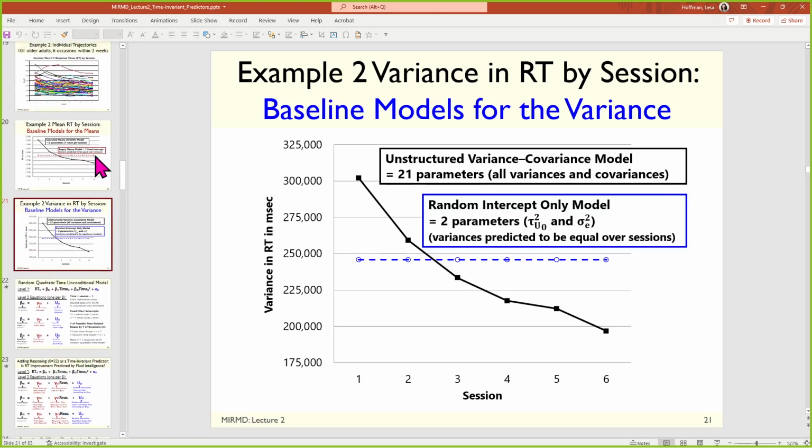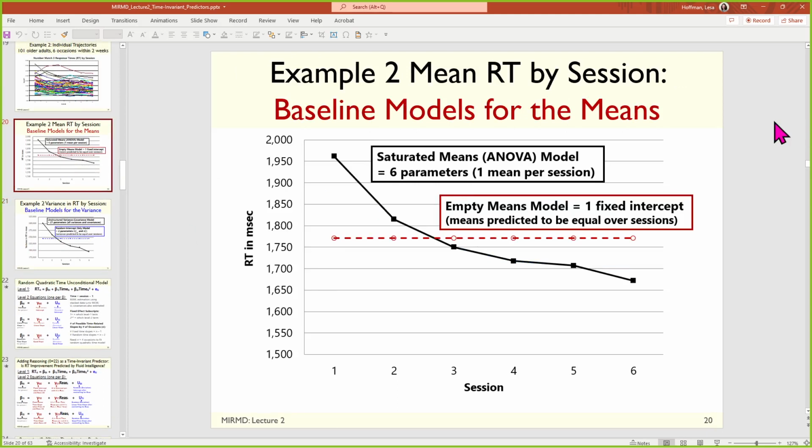Yes, thank you. Sure. And the slide before it is the same concept, but on the mean side, the fixed effects. If I had no effects of time whatsoever, that would be the prediction from the red line here, just a fixed intercept. And if I let each occasion have its own mean, because I wasn't trying to make a function, I just wanted to perfectly recreate the means, then that would be the black line. So this is the trend that the model for the means, the fixed effects related to time, is trying to recreate. I feel that's useful descriptively. Even if you have unbalanced data, I would round times just so I can make a picture like this, because then that guides me to what family of models is potentially going to be most useful.